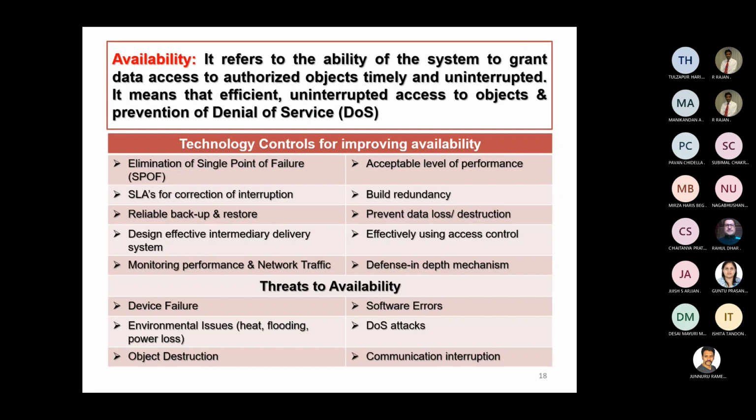Then we come to availability. As I told you, there are two different terminologies you have to understand: what is the recovery time objective and what is the recovery point objective? These two parameters can help you define which applications and data require single points of failure to be eliminated, where I'm going to reduce redundancy. So your objective is to keep eliminating single points of failure so that the denial of service attack is completely prevented.